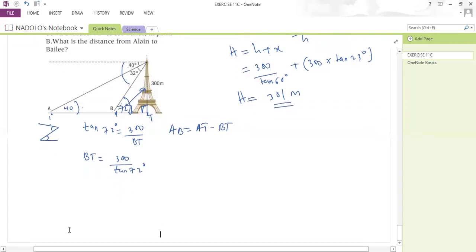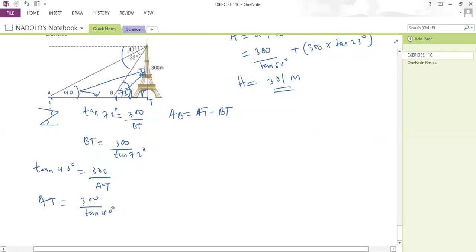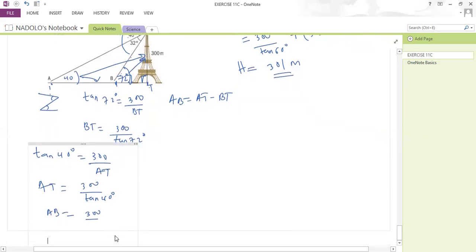So we are looking for AT. Okay, so we have 40 degrees here. We have an opposite side, and then we need an adjacent side. So we can also use tan 40 degrees given by opposite divided by adjacent, which is AT, the whole of the right angle triangle. So AT for this case will be given by 300 divided by tan 40 degrees. All right, so lastly, our AB is